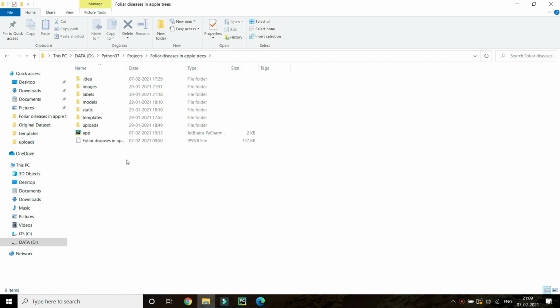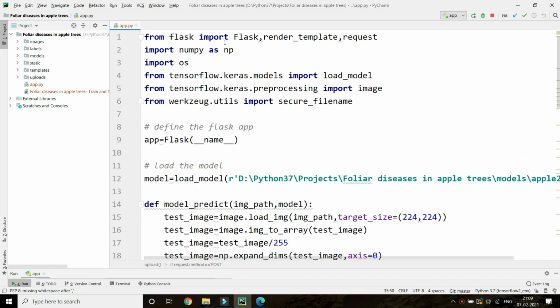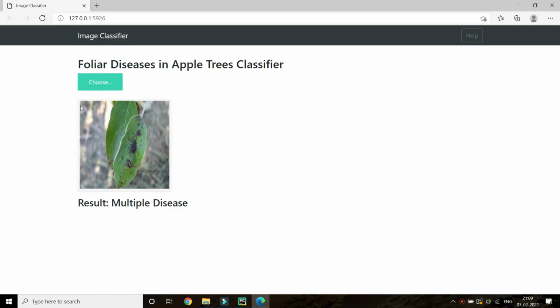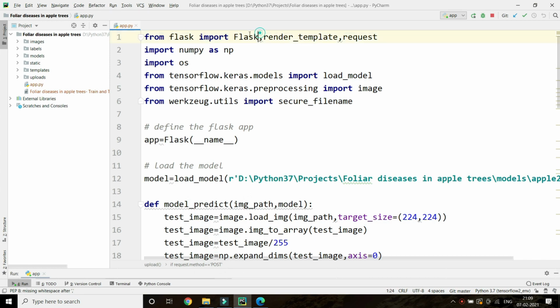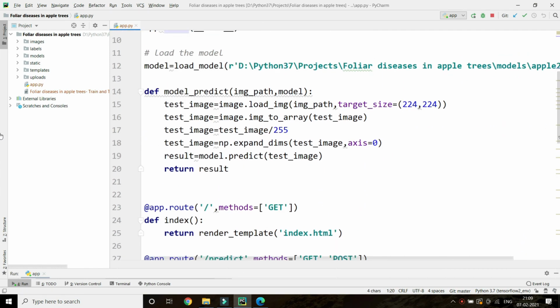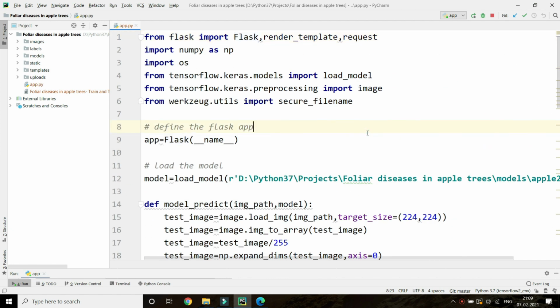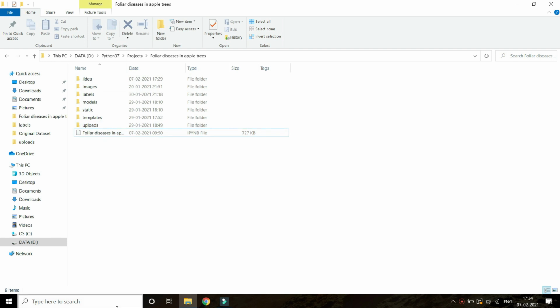If you have not watched the first part, the link is in the description, train and test. In this one I'm going to show you how to connect this front end with a Flask API, so that you can predict the model output basically. So let's start the project. Just open